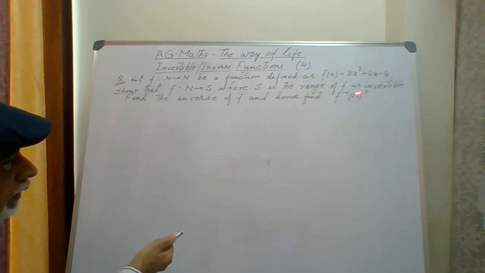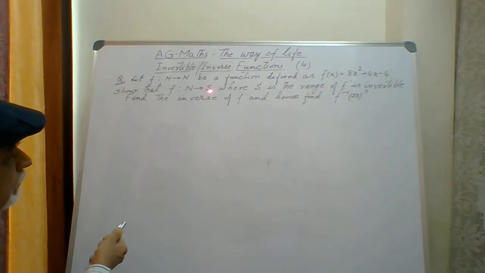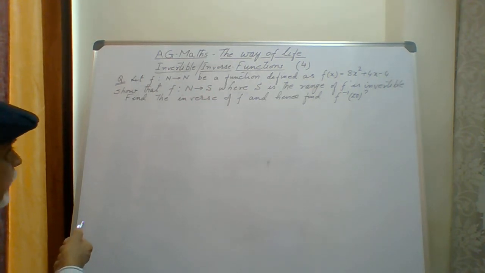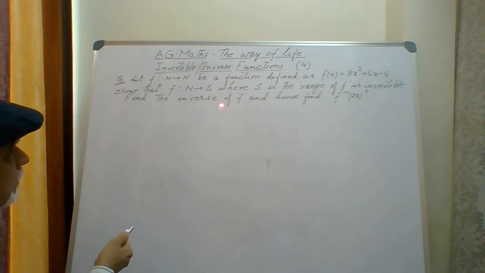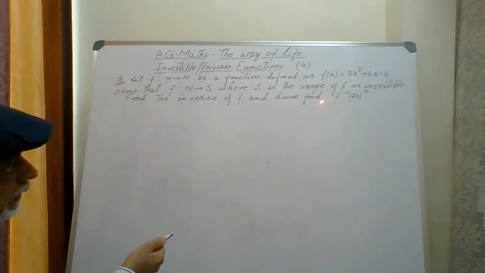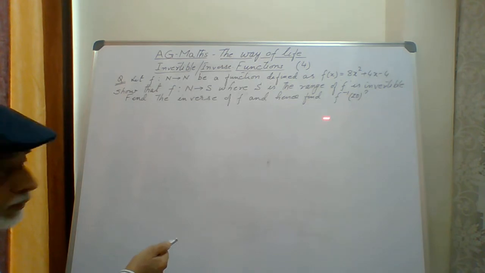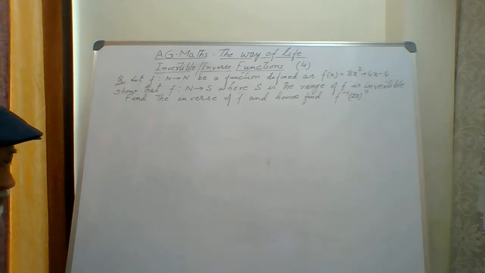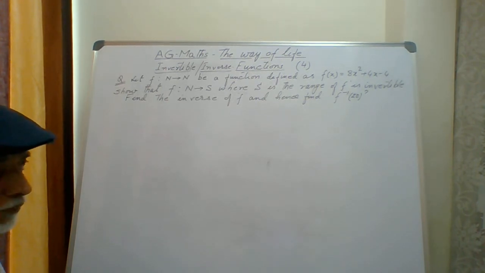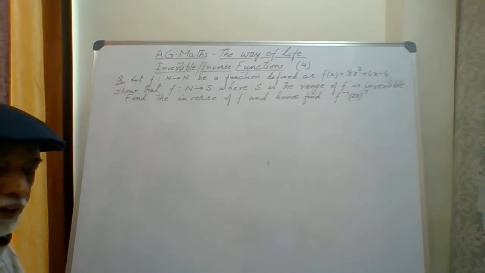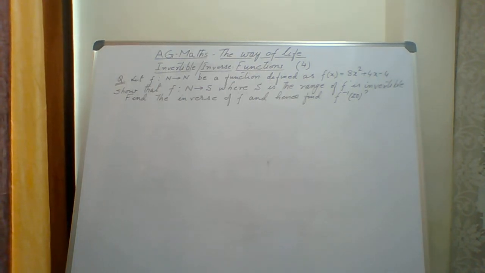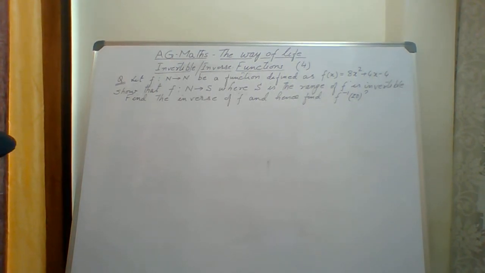The function will become invertible with a limited range but unlimited natural numbers as the domain. We also have to find the inverse of f and hence find the value of f inverse 20. So this is the question which I have picked up. It is a type of question that usually comes in our board exams or standard 12, and this will cover the topic of invertibility and how to find the value of the inverse function.